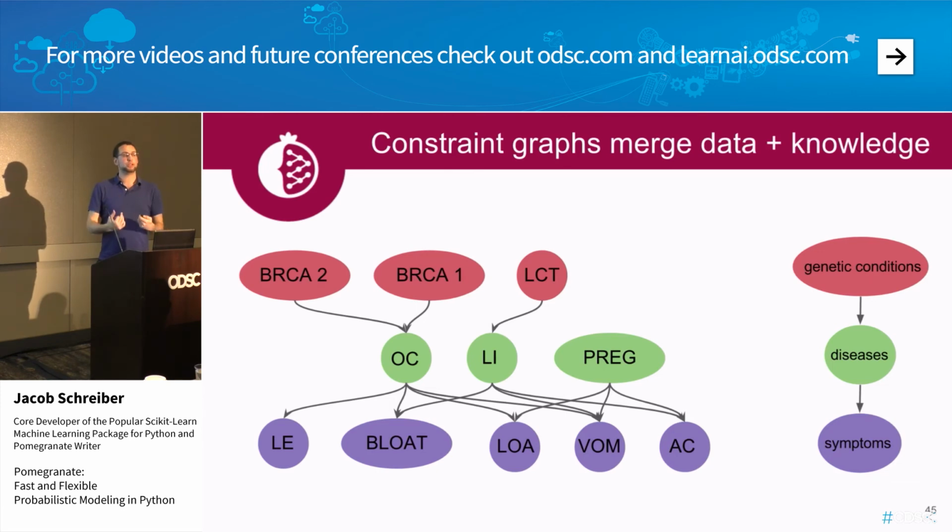If you're trying to learn the structure of this Bayesian network, you have a lot of domain knowledge that you'd like to incorporate. For example, you can't have edges going from genetic conditions to symptoms. You can't have edges going from symptoms to anything up here. That can provide a great deal of improvement because this is typically a simply exponential time algorithm. So this is an example of a constraint graph, which is the formulation that I proposed. What you do is you take each of your variables and group them together into sets, and you define relationships between the sets. When you're trying to do structure learning, you're saying, okay, diseases can have their parents drawn from genetic conditions, symptoms can have their parents drawn from diseases, and that's it.